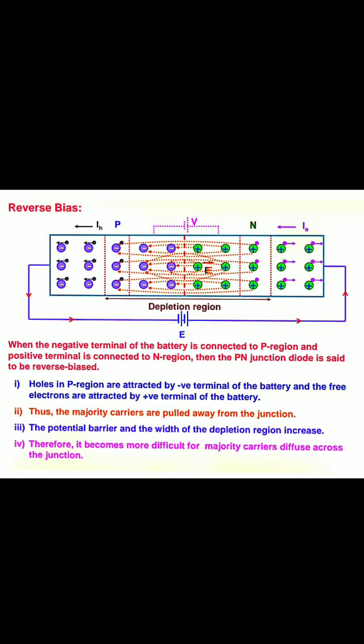Here you see that the IH, the hole current, is towards the negative, because current flows from positive to negative, as we know. But the IE current is towards the junction, because the N region is connected to the battery positive, and we always give the direction sign positive to negative. In forward bias also, both currents are in the same direction, so they are added together. The hole current and the electron current are added, because if they were in opposite directions, they would cancel each other. Then how could we get the current?